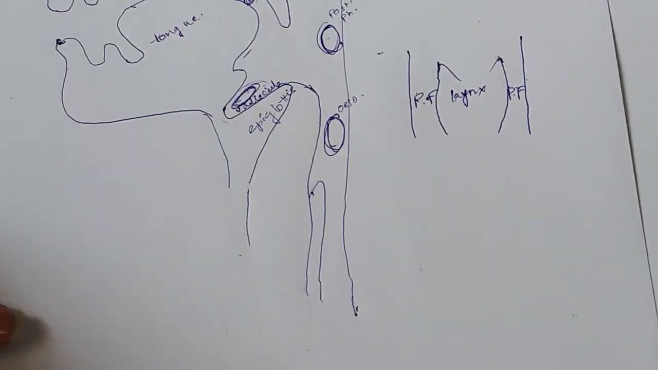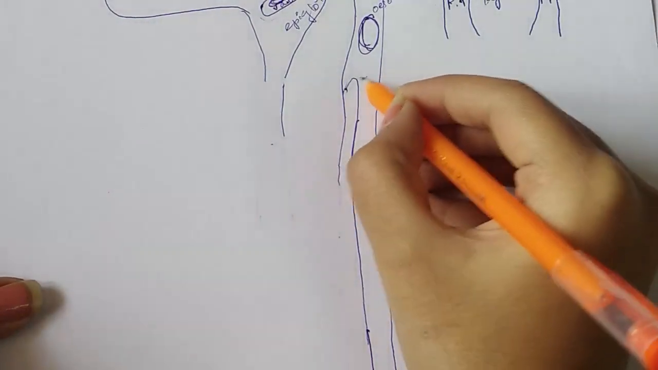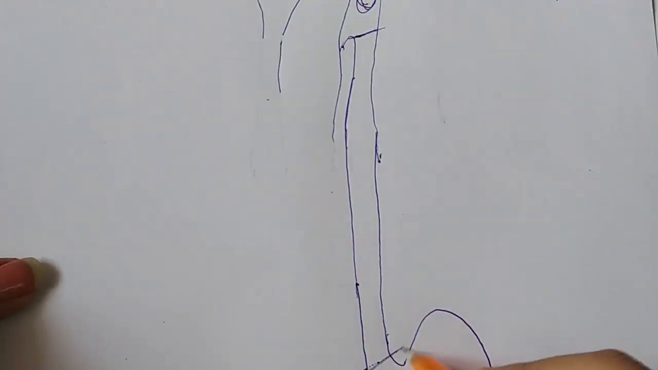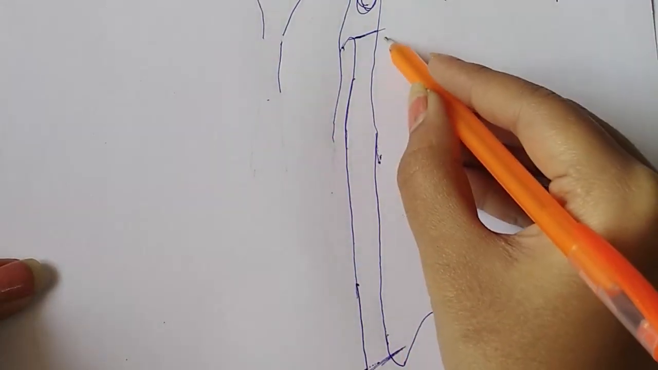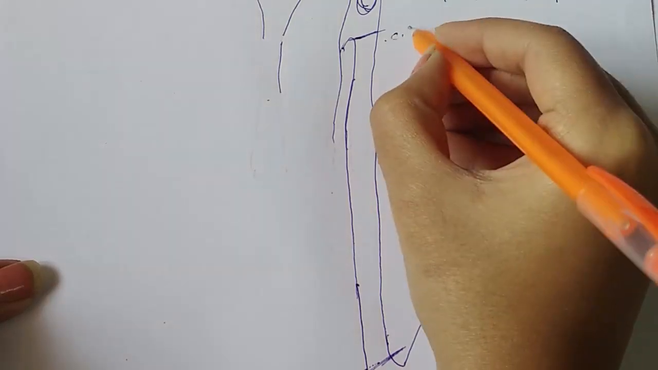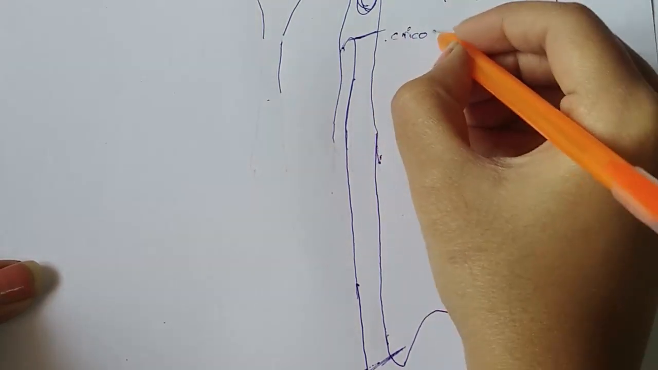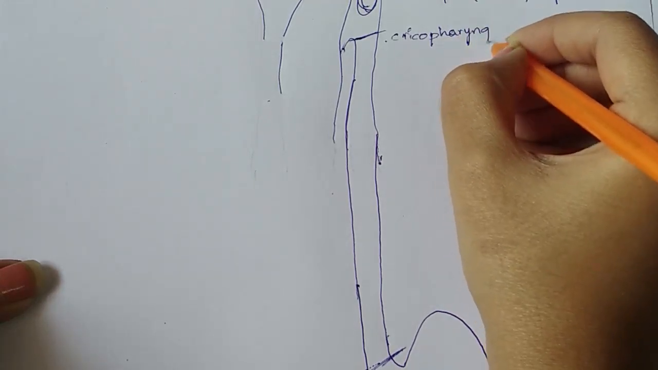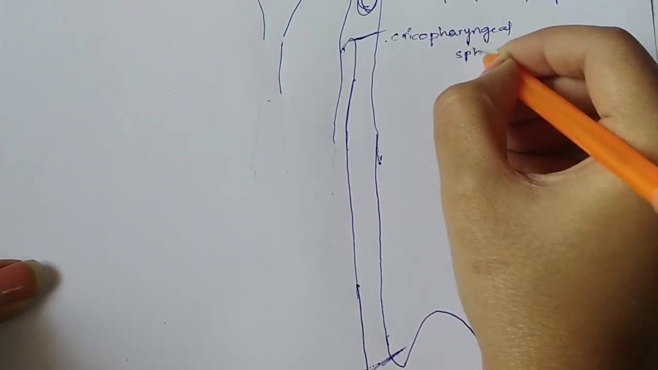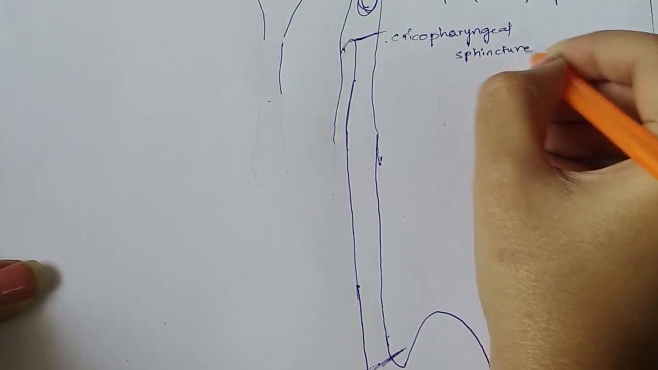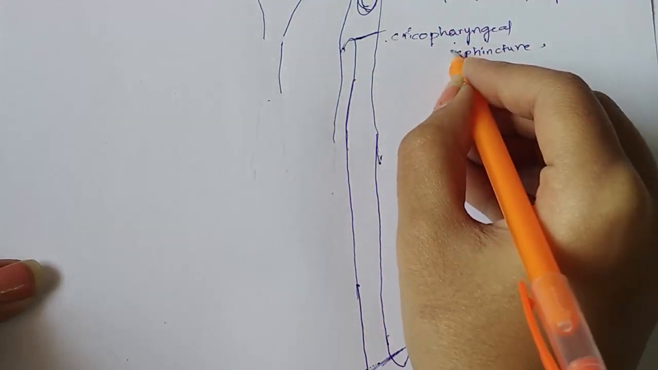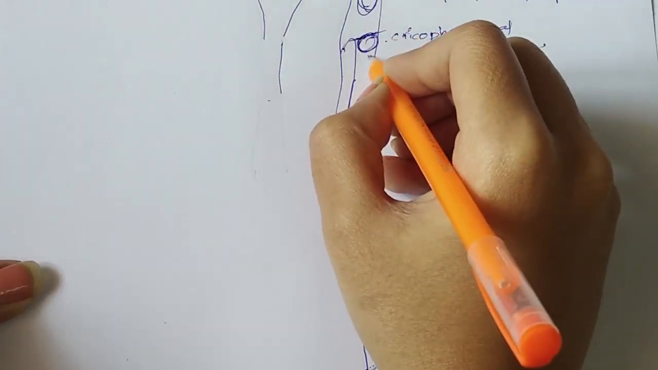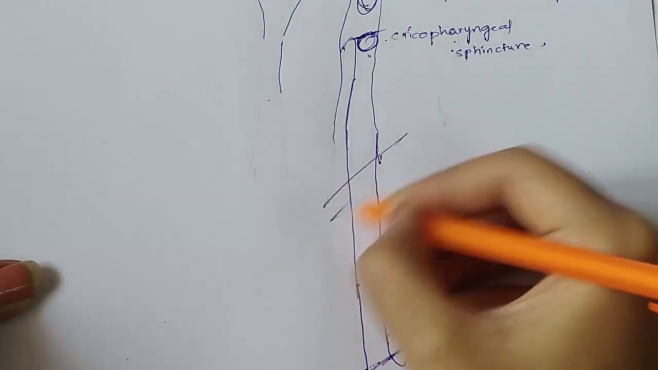Other than this, this is the upper end of esophagus and this is the lower end of esophagus. In the upper end of esophagus there will be the cricopharyngeal muscle. So this is called the cricopharyngeal sphincter or upper esophageal sphincter. In this cricopharyngeal sphincter there may be lodgement of a foreign body,